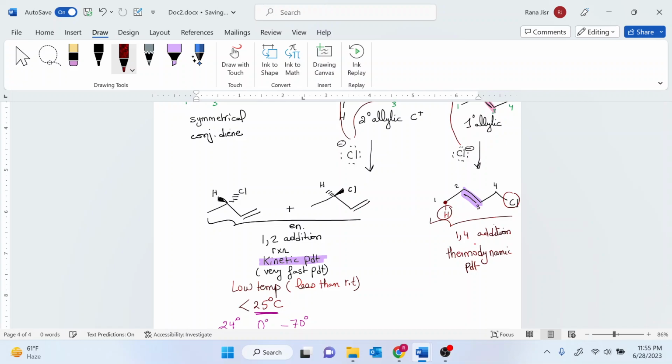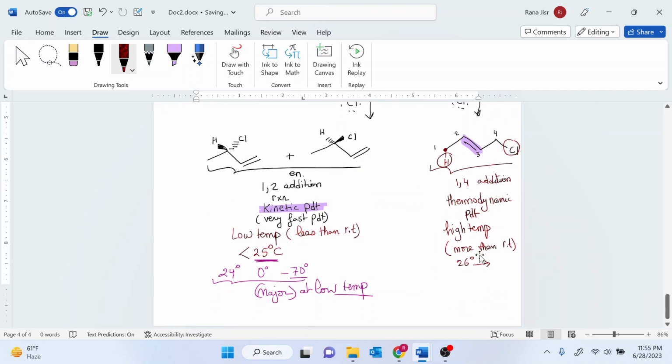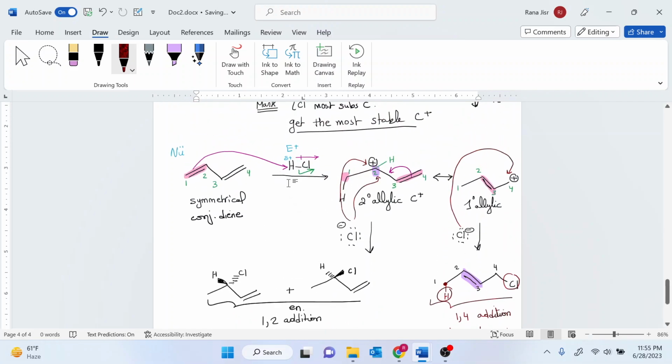The thermodynamic product happens at a high temperature. And the way that we're going to measure high temperature is anything more than room temperature. So let's say, for example, if you have 26 degrees and above, then in this case your major product is going to be the thermodynamic product. So that's going to be the major product at high temperature. So if you go up there and you read underneath your arrow, let's say 40 degrees Celsius, then in